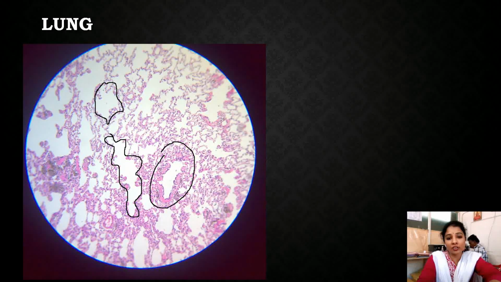The cut sections of bronchioles are seen, which are lined internally by the columnar epithelium, and ciliated columnar epithelium is present in the bronchioles. Sometimes the cut sections of bronchi are also seen, which are identified by the plates of hyaline cartilage and pseudostratified ciliated columnar epithelium, just like the trachea.